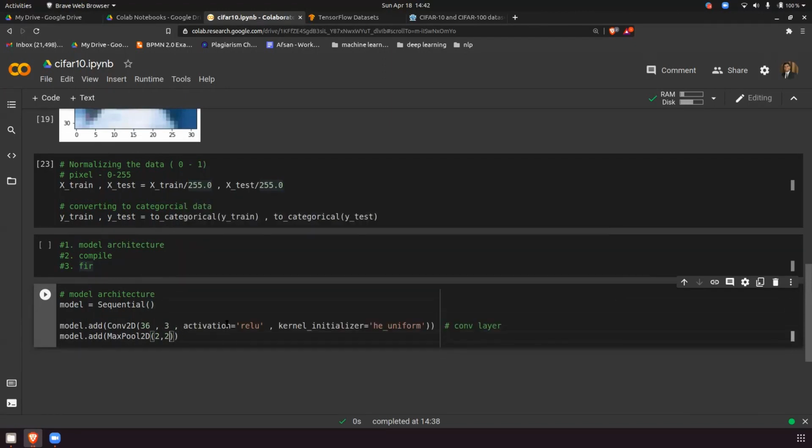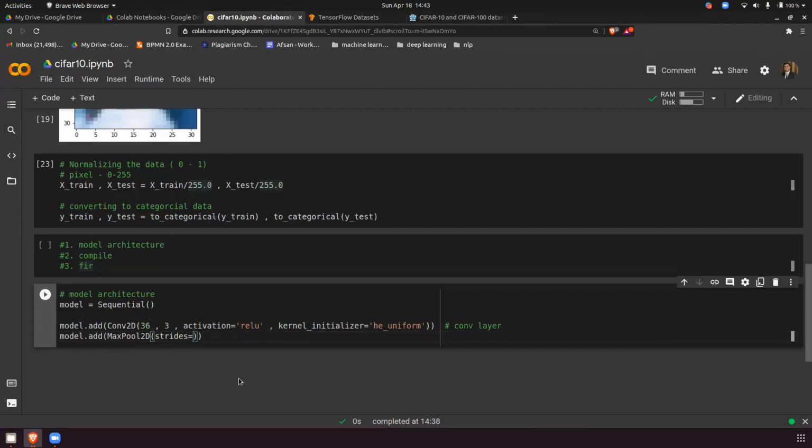One question: already the default value for max pooling is 2 into 2. If we don't give 2 here and directly give the stride, will it work? Yes, it will work. You can leave this empty also, because by default everything is 2 cross 2 and stride is 1. But if you're changing the position, you have to give the parameter name also.